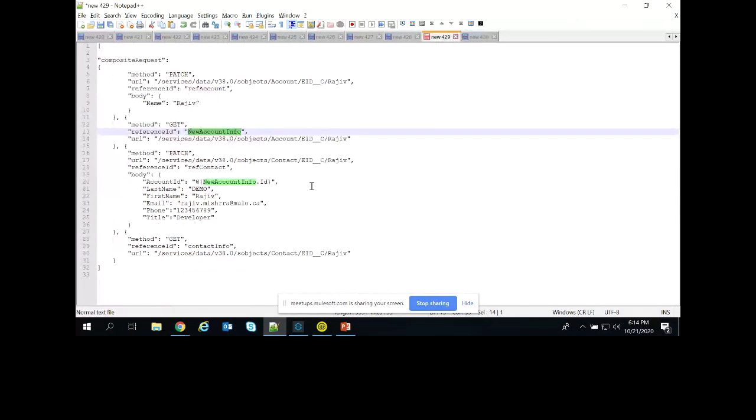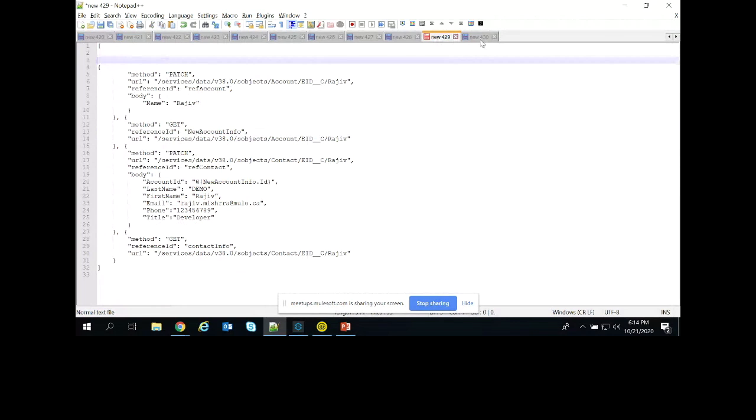In a single go, this is doing all of that. We don't have to wait for the account response, fetch the ID, and then send it to the contact. That is the advantage of doing it by Mule and Salesforce, if Salesforce has the ability to send the data in a single go.